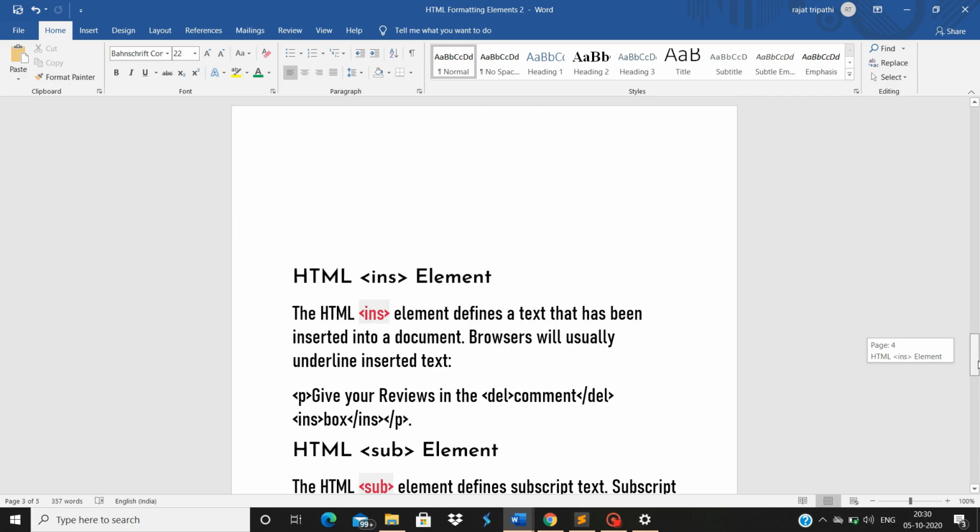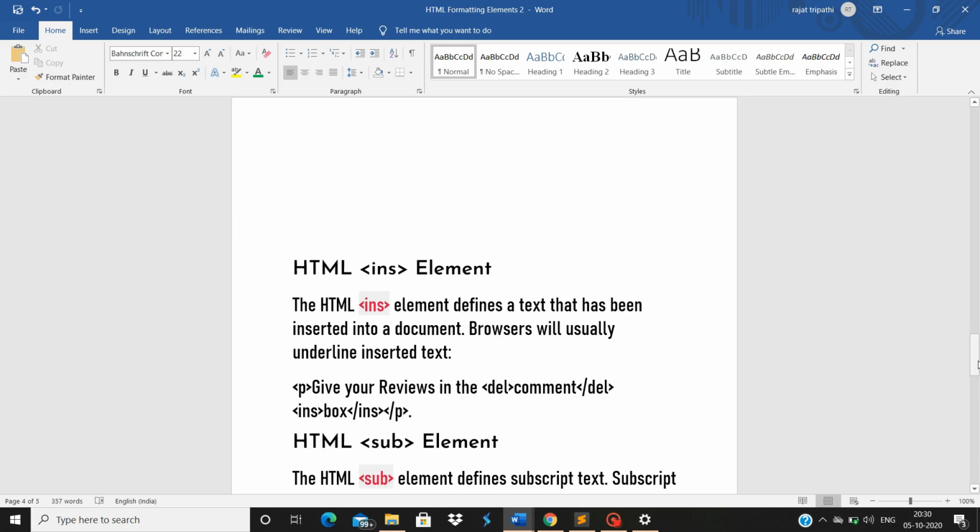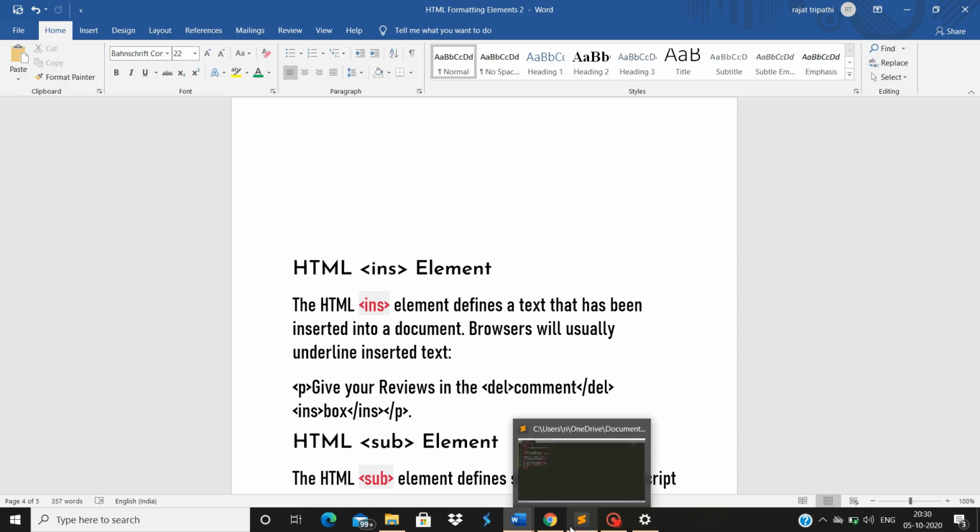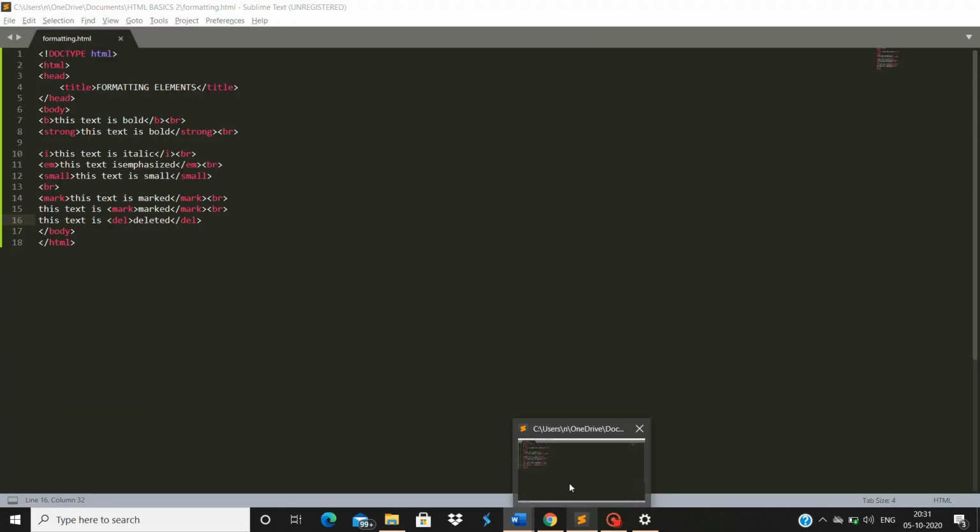Coming next is our ins or insert element. For this also I have said that it does not mean that we are inserting a particular text. I'll show you what it actually is. Taking the same sentence.